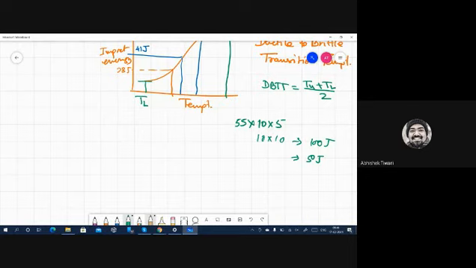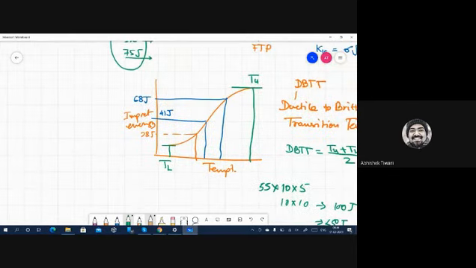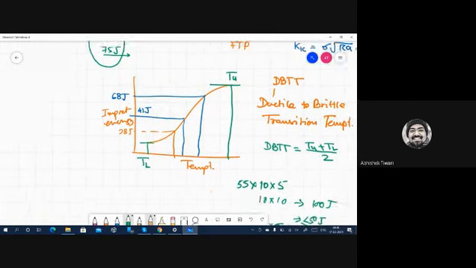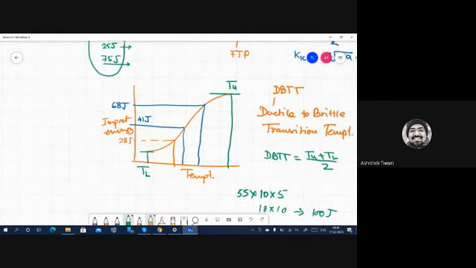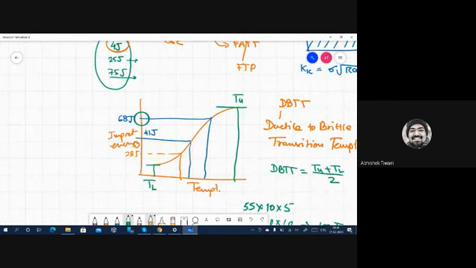So my sub-size specimen will give lower than or equal to 50 joules, right? And then if I use another sub-size which is only 2.5 millimeters thick, that will be 25 joules. So if I am trying to make this curve with a specimen which is only 2.5 millimeters thick, I cannot use this criterion because I will never achieve that energy in my specimen.